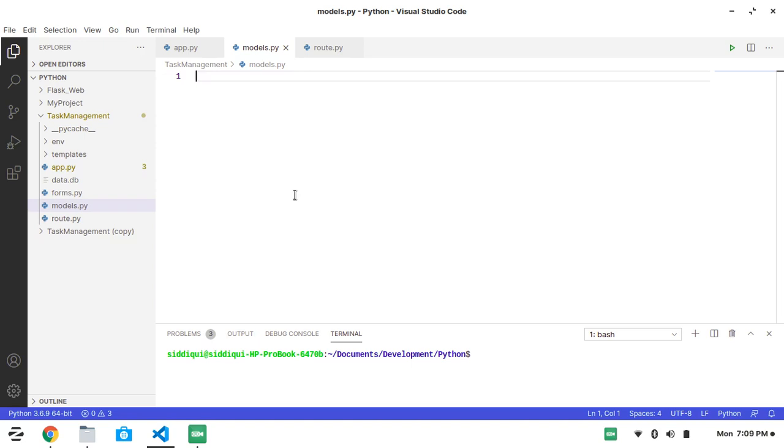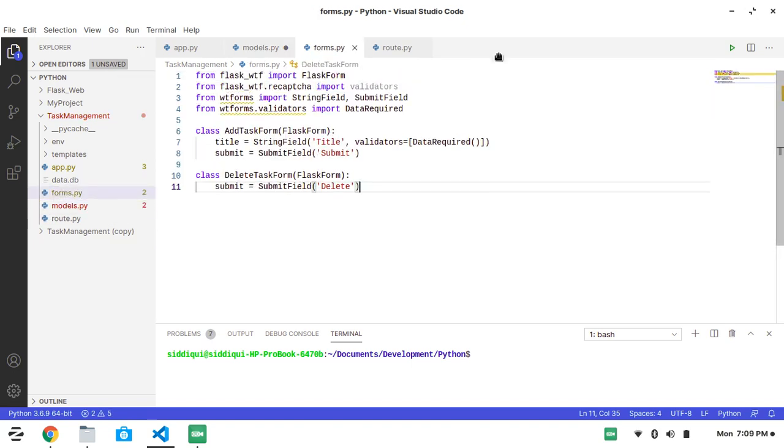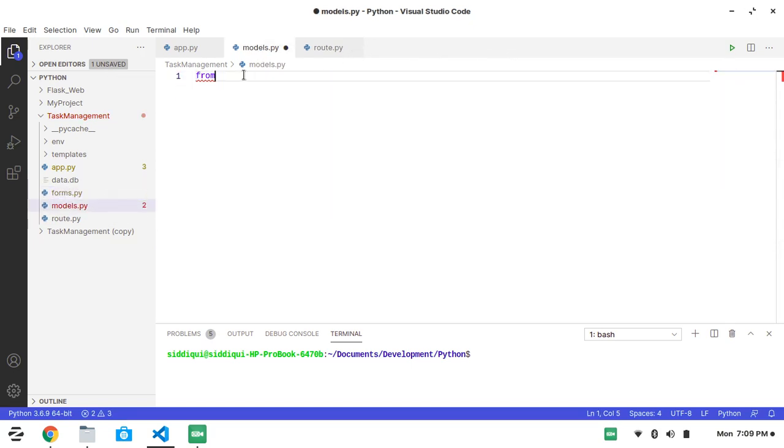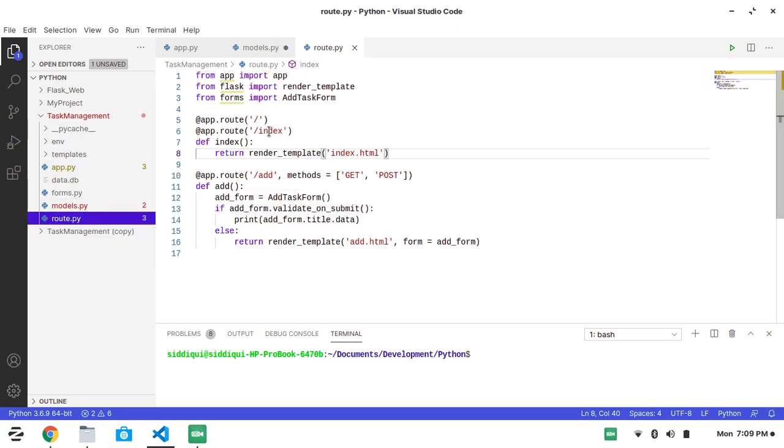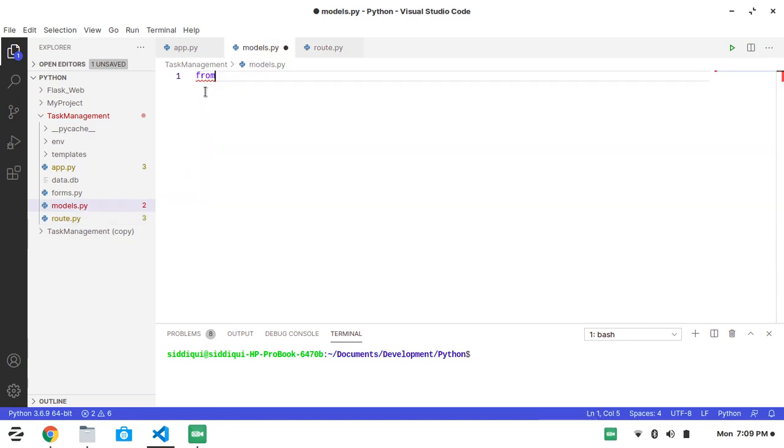So what we can do here is, like we import the app in our routes, same as the app, we have to import the db here in the model.